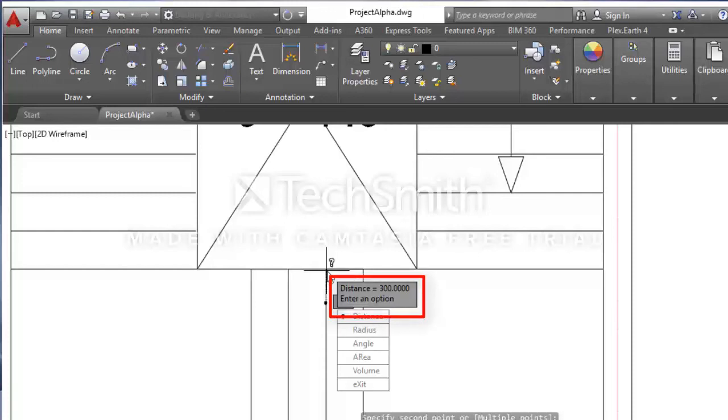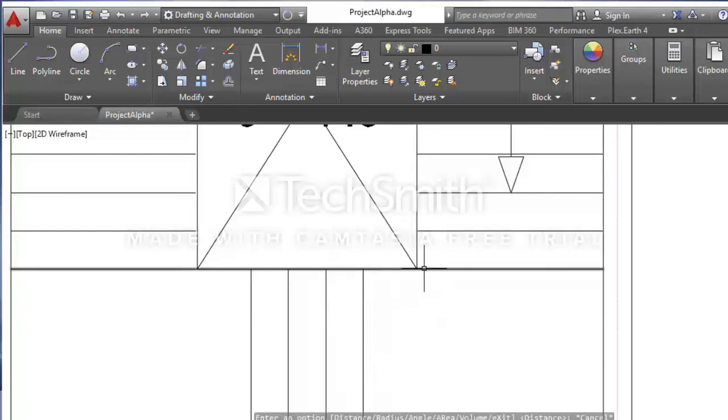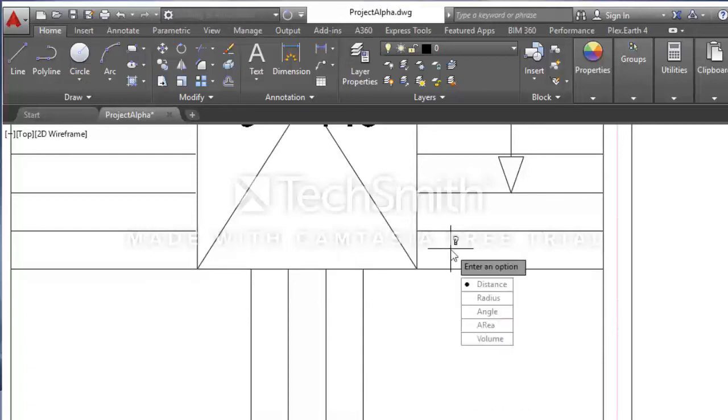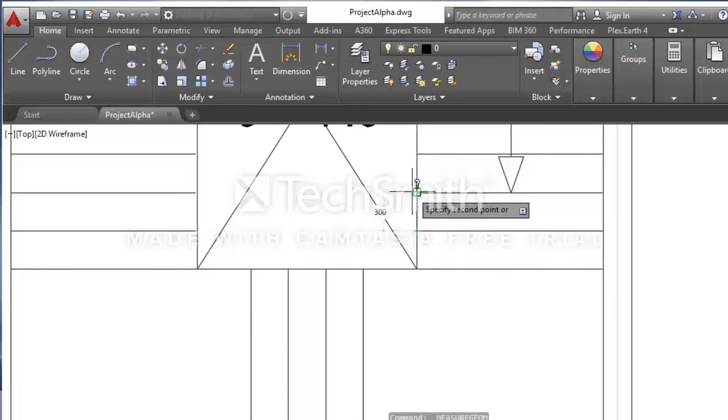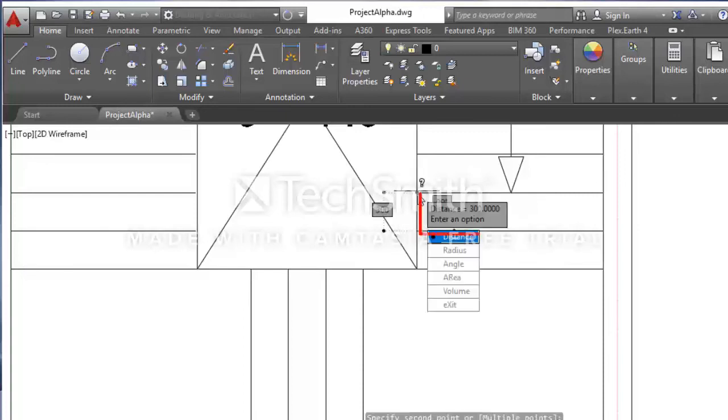If I press escape to end this command and also press space to enter the command, click on distance, I can click on another riser and click on the next riser, and we will see that the tread width is equivalent to 300.